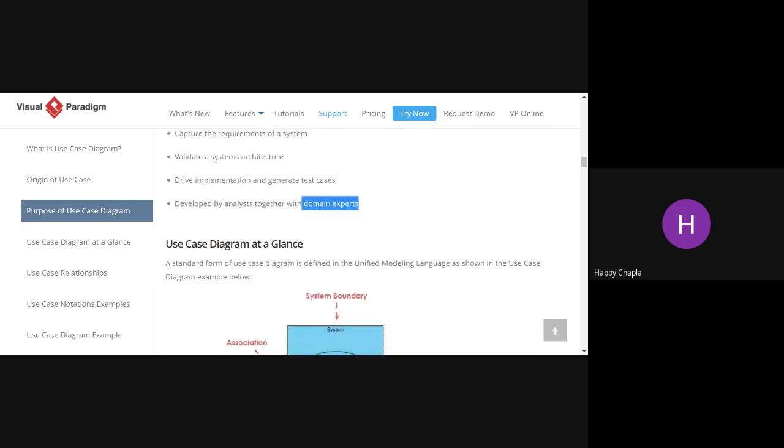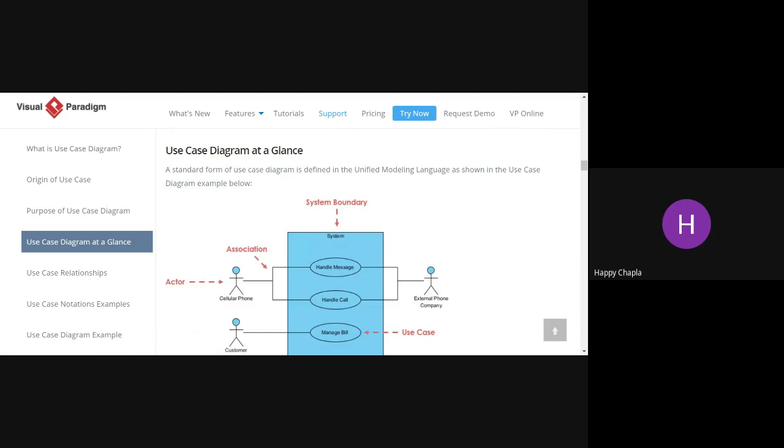Here they mention that your developer or your business analyst can define it, or they can create this use case diagram.